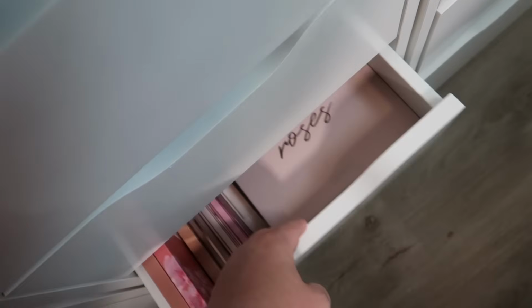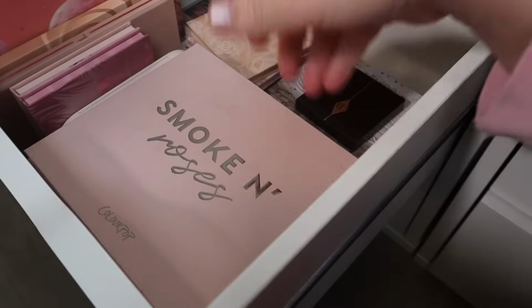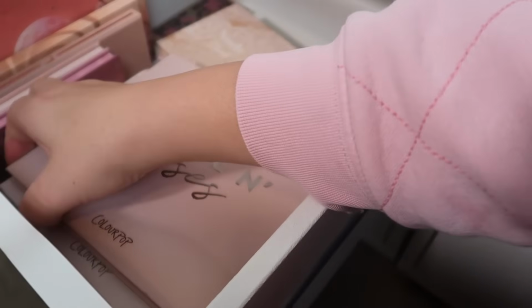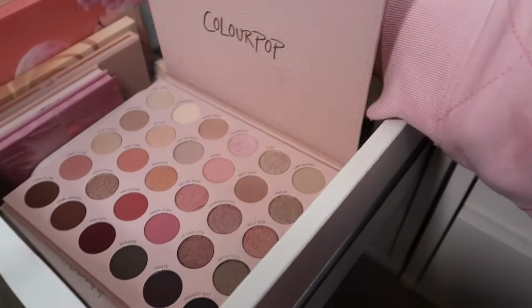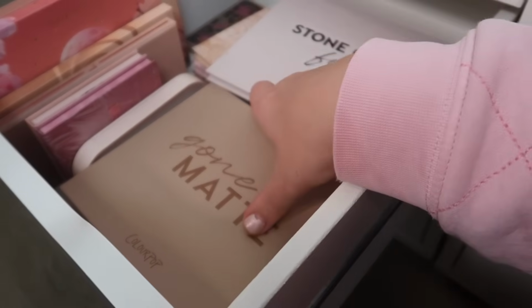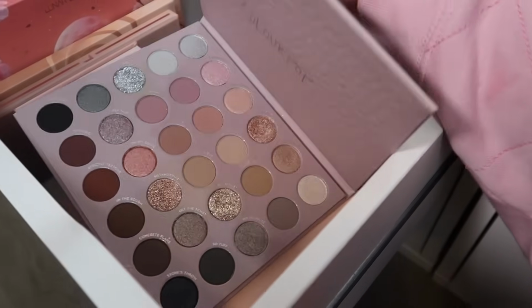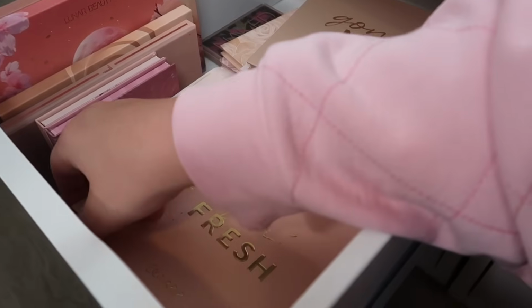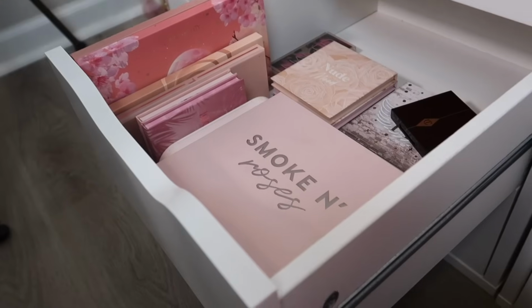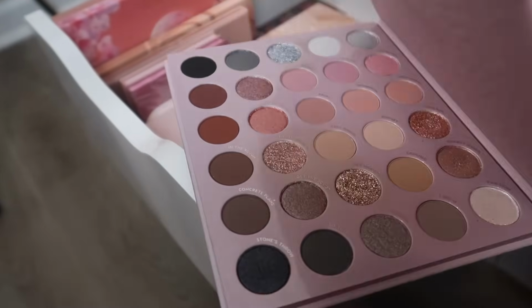And then finally we have eyeshadow palettes. So right now, Naughty Nude is the only eyeshadow palette in there. I definitely want to grab one of these. I used this one recently in a Shop My Stash video, so we're not going to use that one. Let's do, I feel like Rock Candy could be good. I love all these pressed glitters, but also Getting Fresh. Ooh, I think we're going to do Rock Candy, which is this one, so it's kind of a cooler toned